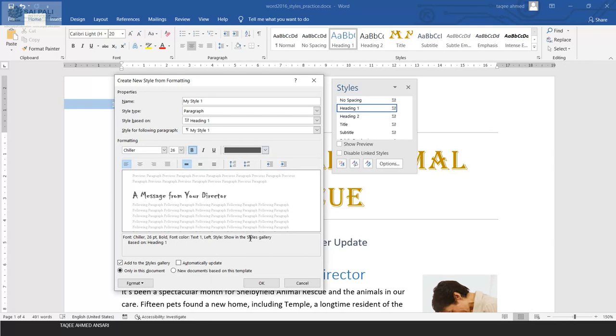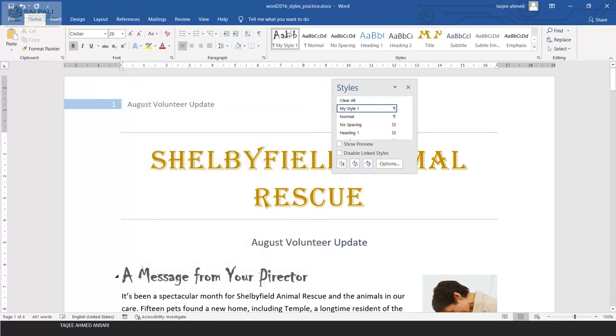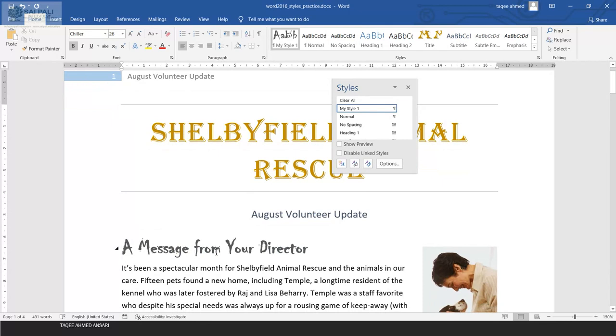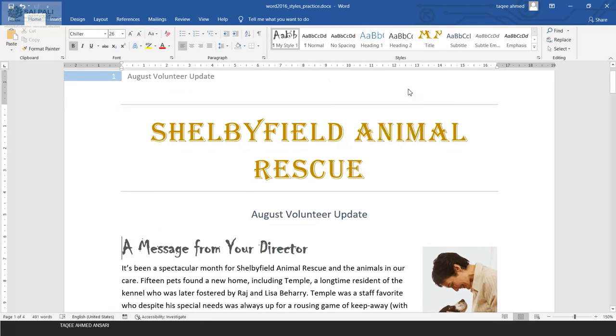After this you just press OK, and you can see it has changed in the document also, and you can close it from here. This new style is also available in your styles group, and you can select it for other text also. So this is how you can create your own new style.